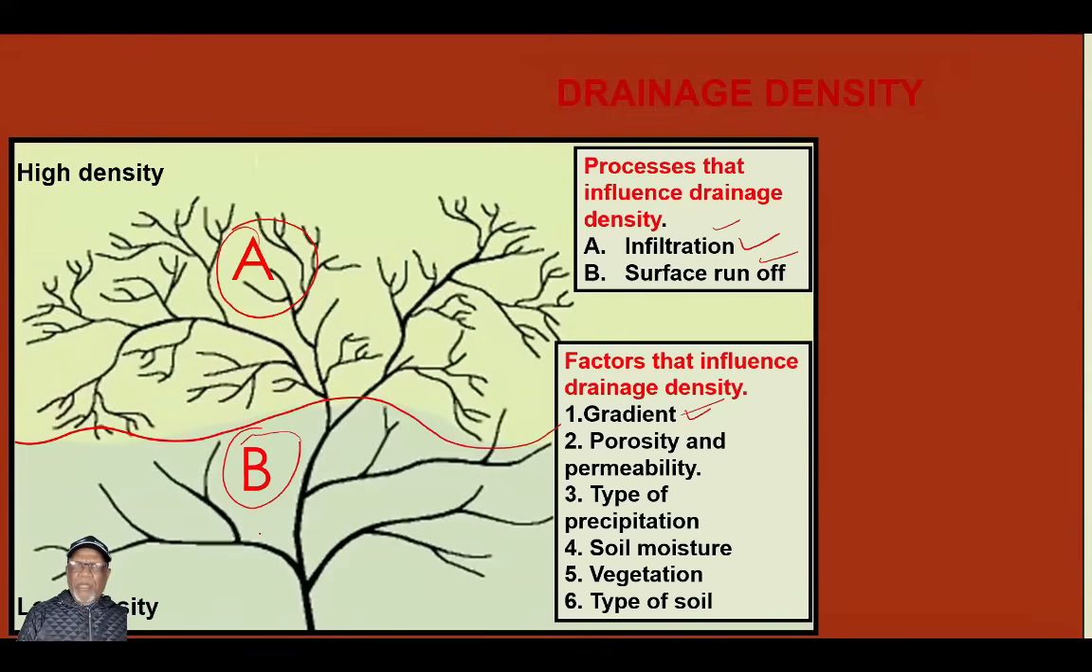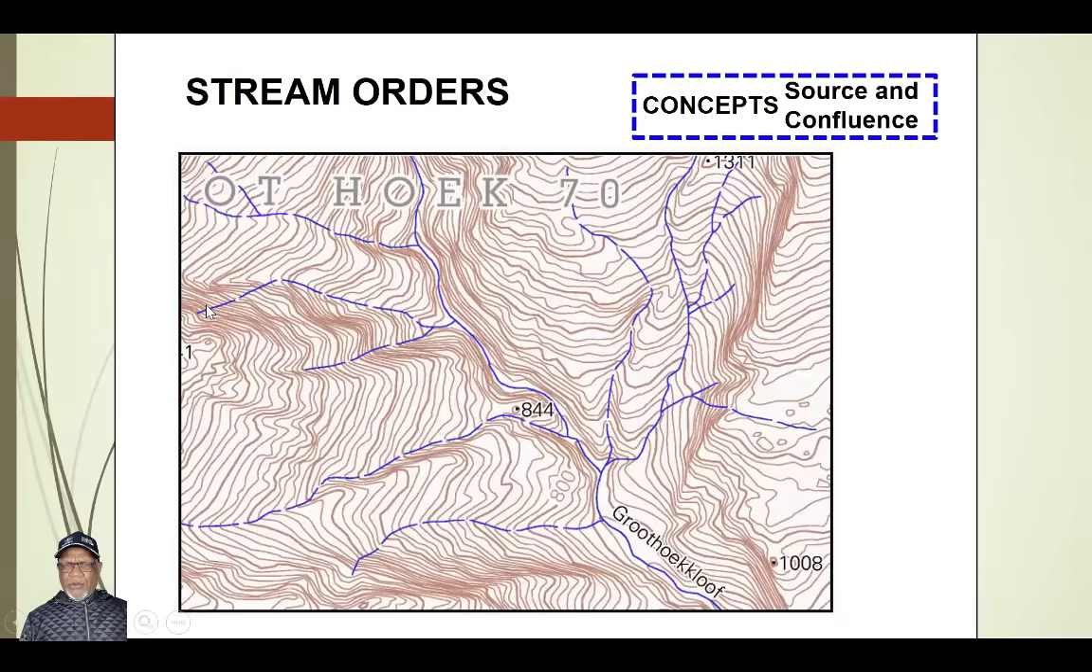Now, permeable means that the soil is allowing for water to infiltrate and therefore resulting in low density. That is why we have fewer streams. But at A, it means the soil is less permeable and therefore more surface runoff and less infiltration. Now, let's continue with